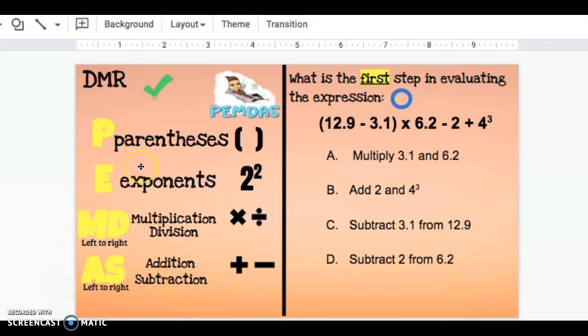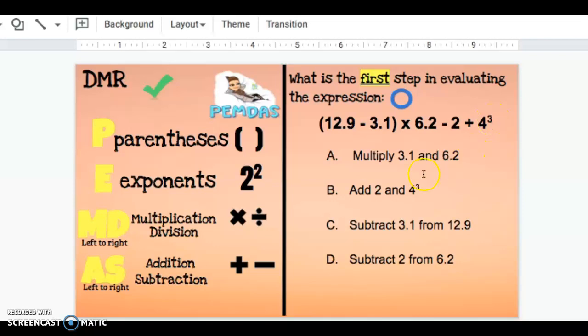Okay, so for today's DMR, we're not necessarily going to be solving this problem. All we're really doing is determining what our first step is. So it says, what is the first step in evaluating this expression? So we have 12.9 minus 3.1 in parentheses times 6.2 minus 2 plus 4 cubed, or 4 to the third